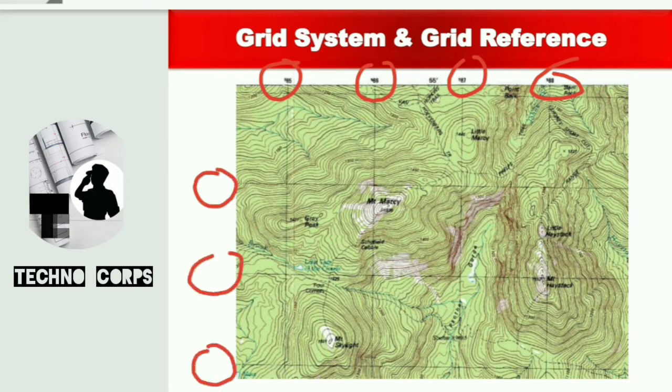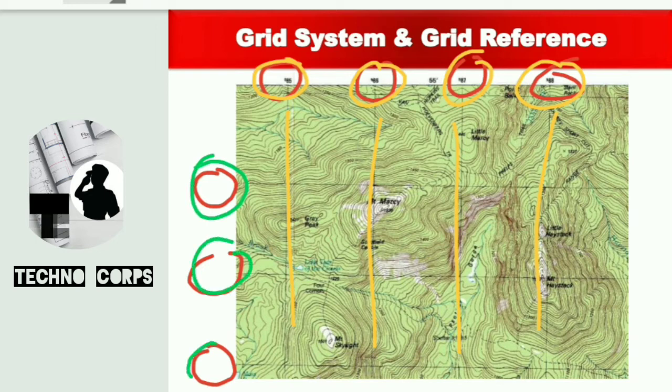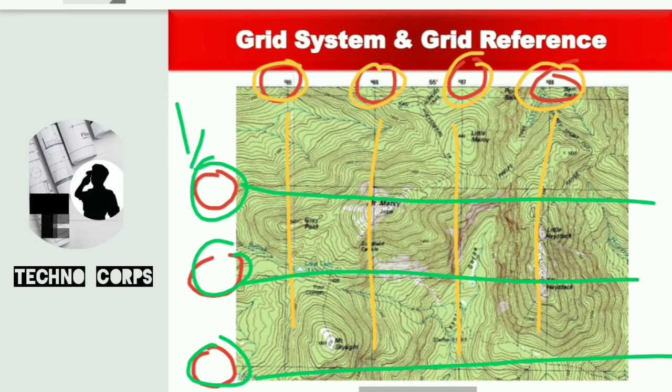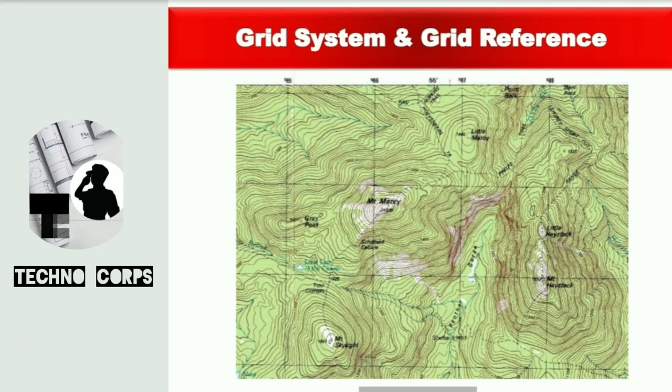Okay, so here these lines, these numbers indicate what? That represents the easting lines, because vertical lines are the eastings, right? Similarly, here these points will indicate my northing lines. Okay, so with the help of these numbers we can indicate any particular easting or northing line. Okay, so let's start with the first, that is the 4-figure reference.